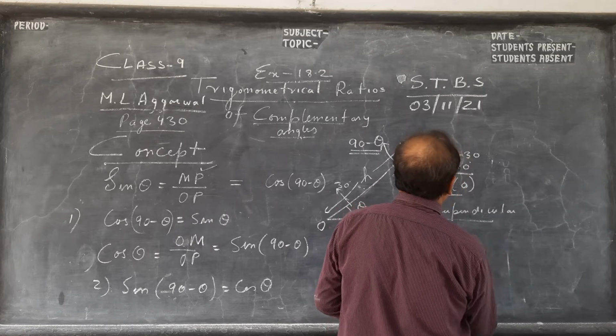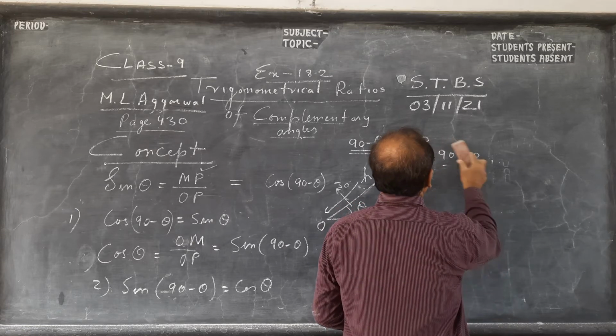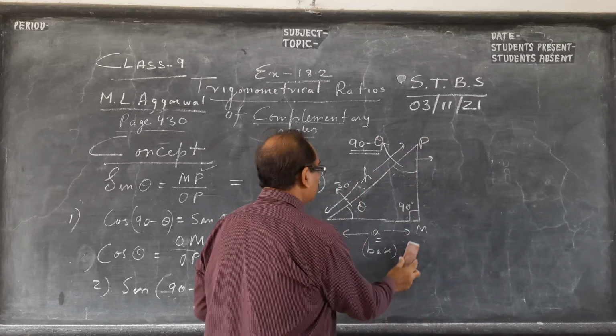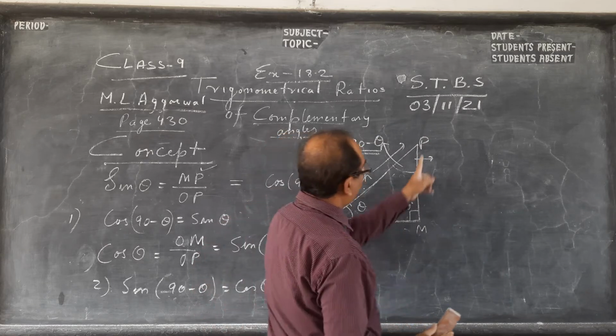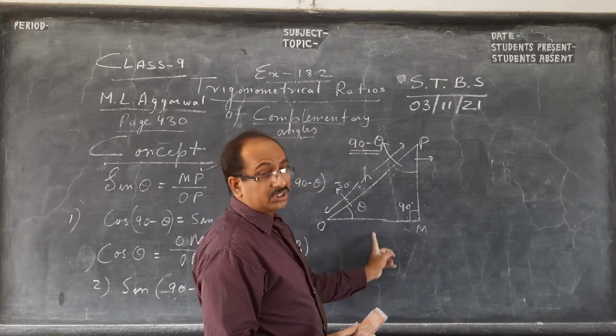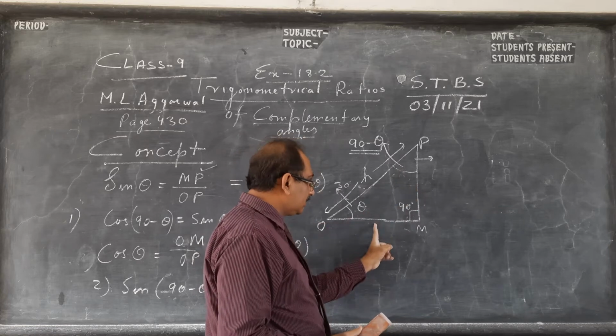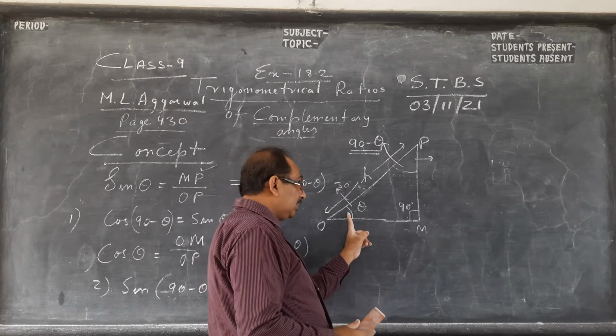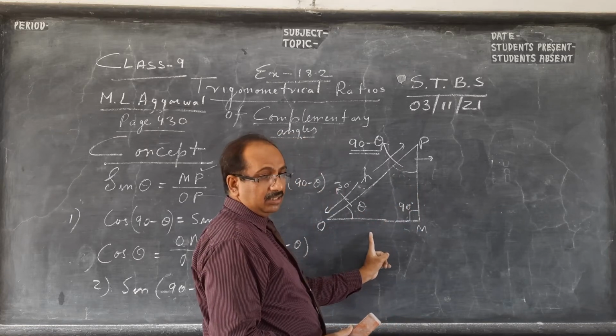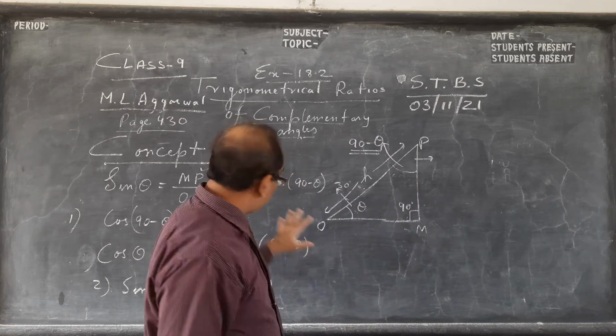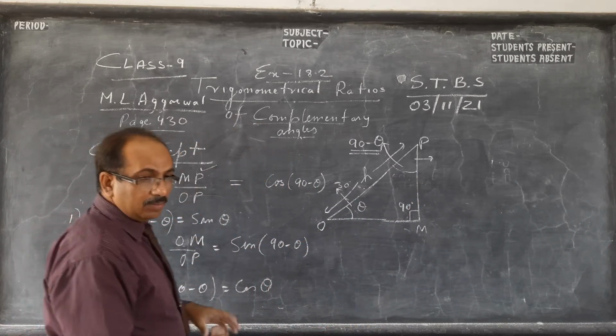That's very important. Now, this part I am rubbing. In fact, we should write OM and MP, because adjacent and opposite change, boys. For this angle, this is adjacent, this is opposite. For the other angle, this is opposite, this is adjacent. So don't write that system. Otherwise, better use what the book is saying.